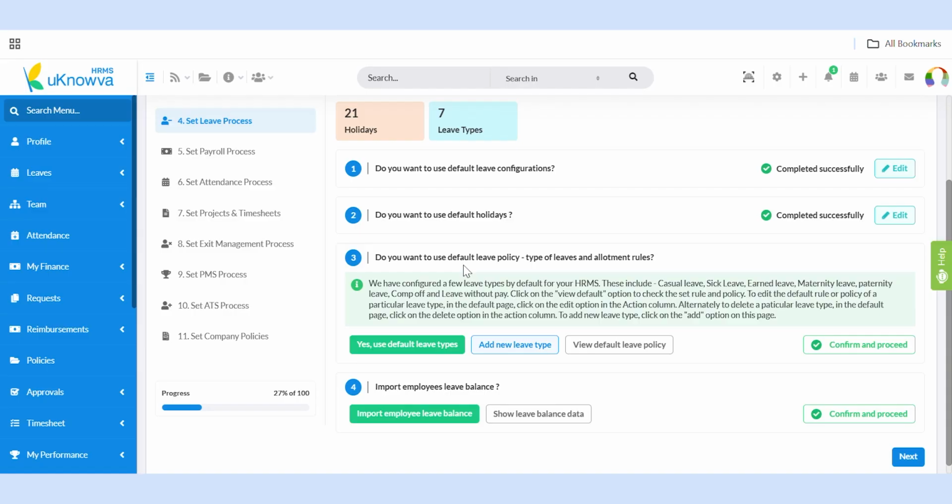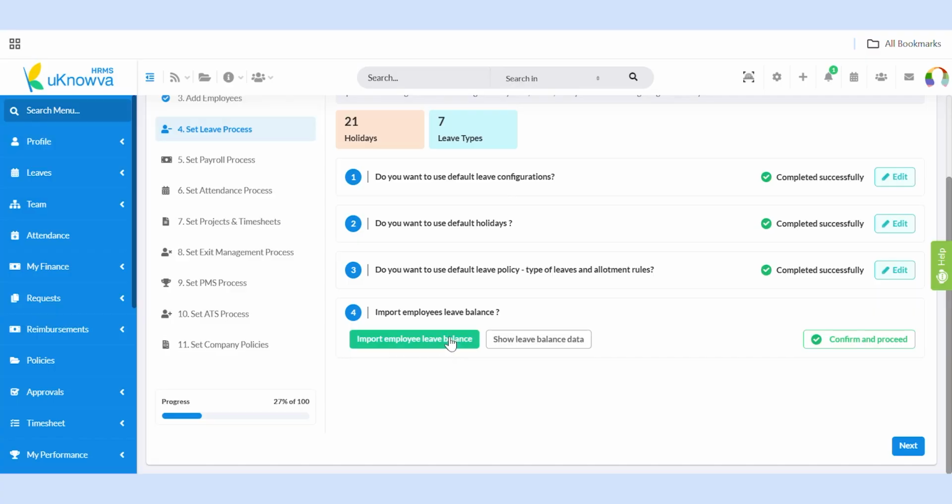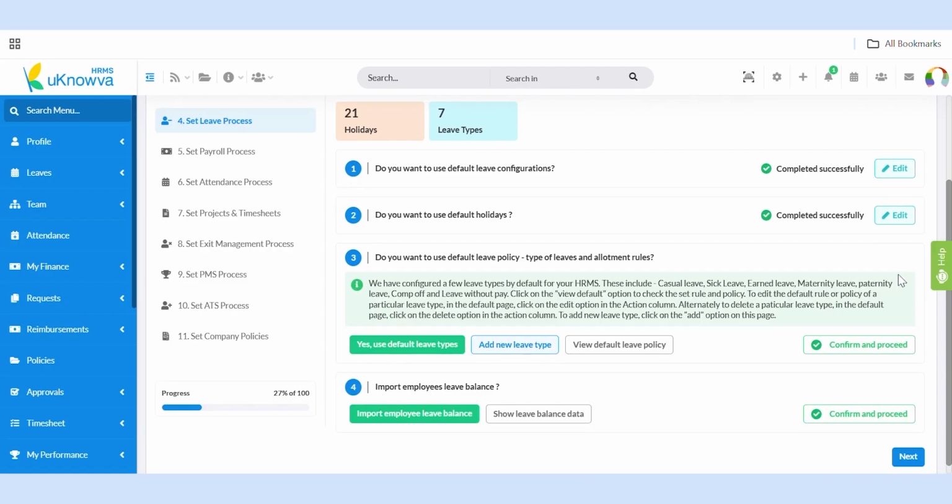The system comes pre-configured with common leave types like casual leave, sick leave, earned leave, maternity leave, paternity leave, comp off, and leave without pay. Each leave type has predefined rules and policies, but don't worry, you can modify them to fit your organizational needs. If the default leave types work for you, simply click on Yes, use default leave types, and move to the next section. Easy, right? But if you need to customize your leave policies, click on Edit and